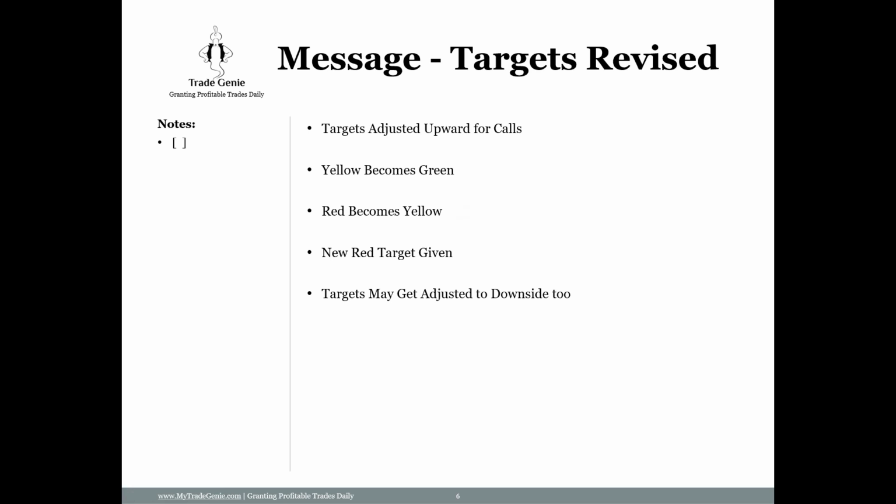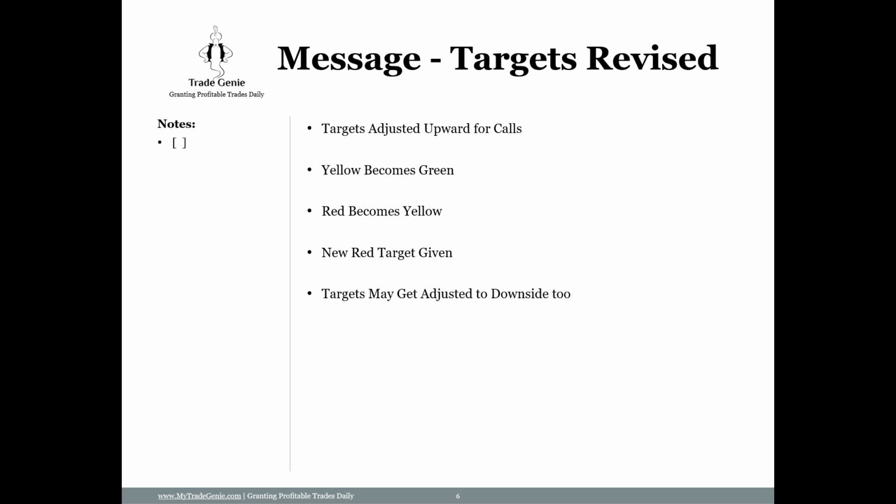So I have members who trade only one contract, so they can sell at yellow. But I have members who have a $1 million portfolio, so they are selling some at green, some at yellow, some at red, and then they are waiting for my instruction on whether I have a revised red target. I'm watching myself, and they are also sending me email asking if I have a revised red target. And I say yes, hold it. A few minutes later, I send the revised red target, and they are holding it. So it depends on your portfolio size and what you're doing.